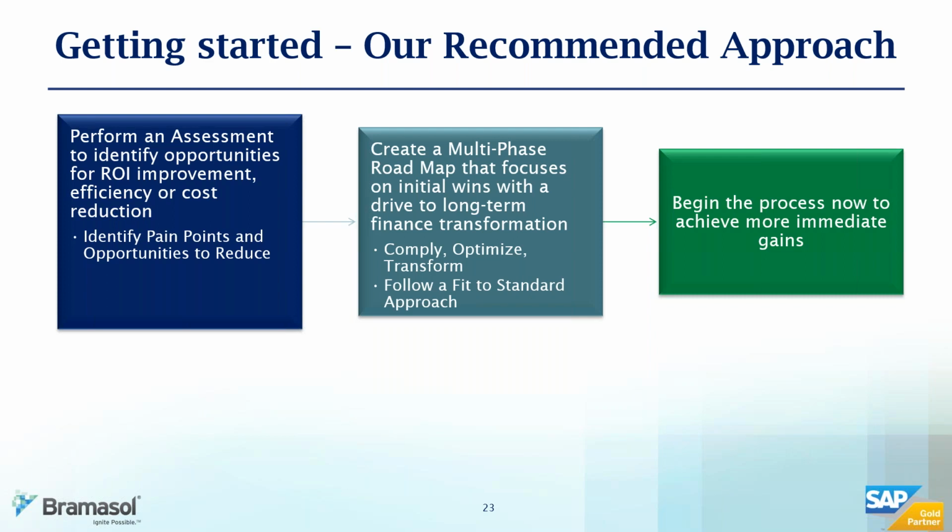ICFR, so your internal controls for financial reporting, whether it has to do with SOX, et cetera, that you comply. Once you've done that, you can begin to look at things like Payment Factory. How do I optimize my processes? How do I gain efficiencies and automate those processes and optimize the benefit? And finally, you move into transformation, which we'll be talking about in future webcasts and webinars with Haresh and the team. That begins to think about tools such as machine learning and AI, but also some of the great tools that SAP and others have brought to the table around automated market exposures, looking at your cash exposure, your market exposure, your debt exposures, and really beginning to manage those proactively.